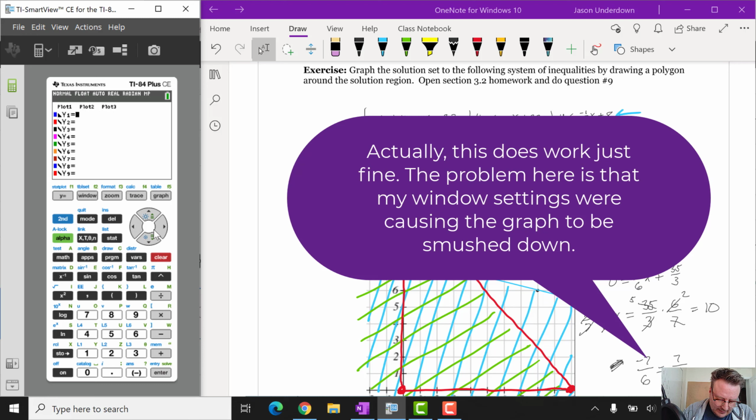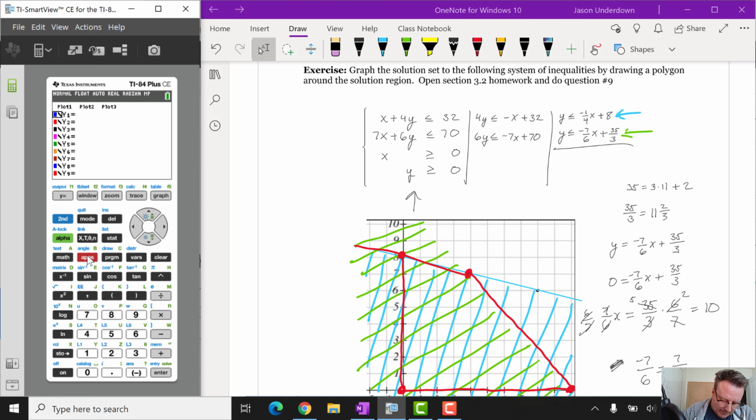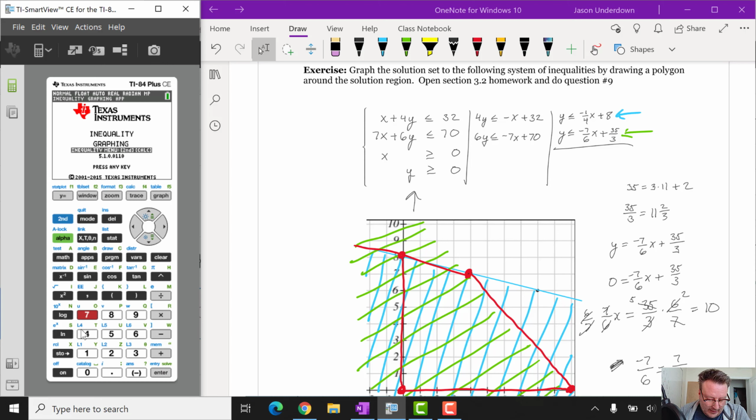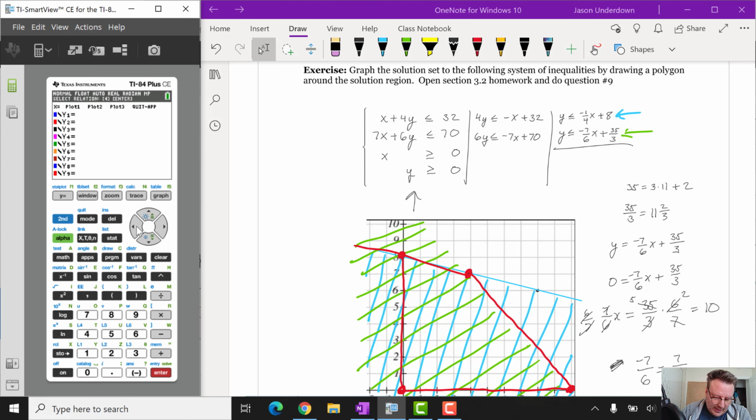So let's clear this. I'll change this back to normal. Whoops, go to enter, down. Okay, and enter. Okay, and then I'm going to click on apps. So you see the apps button there next to the math button. You need to click on the apps button. And you see choice 7, inequalities. Okay, this does allow me to graph inequalities. So I'm going to hit number 7. Okay, and it says here press any key to continue. I'll hit enter. Okay, and now when I cursor over,